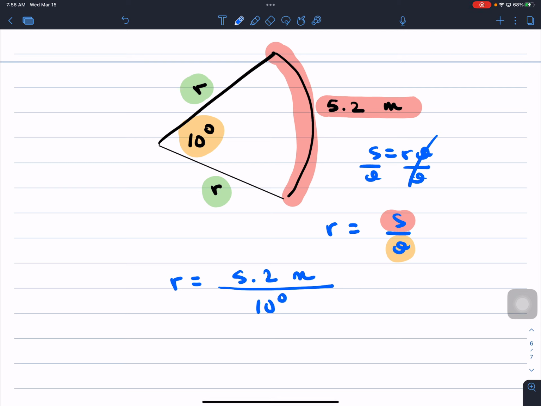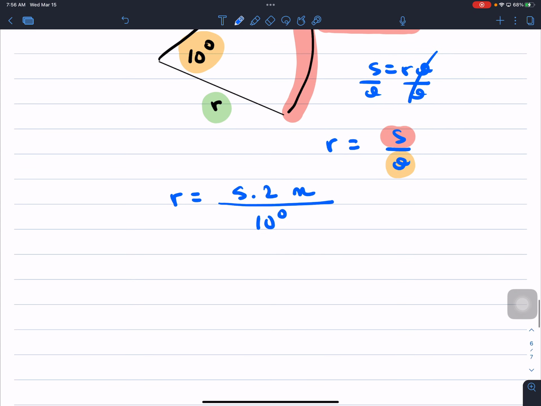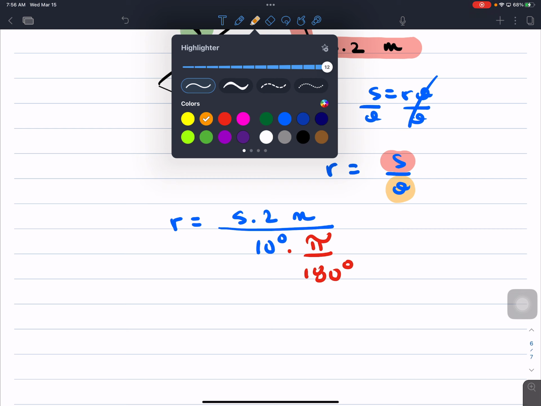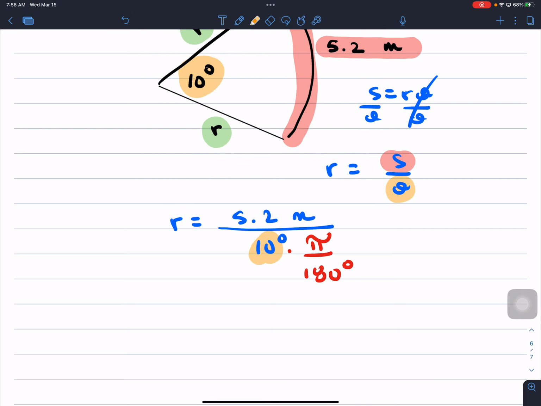What's the problem, ladies and gentlemen? You could never have your angle in degrees. What does it have to be? So what do you do if it's in degrees? You convert it. Is that right? How? Pi over 180 degrees, ladies and gentlemen. So I want to remind you guys, that's a little detail, that's everything, because your numbers